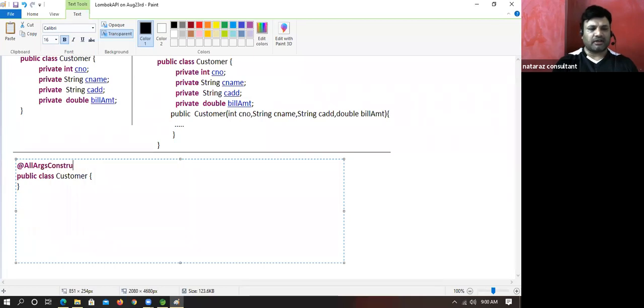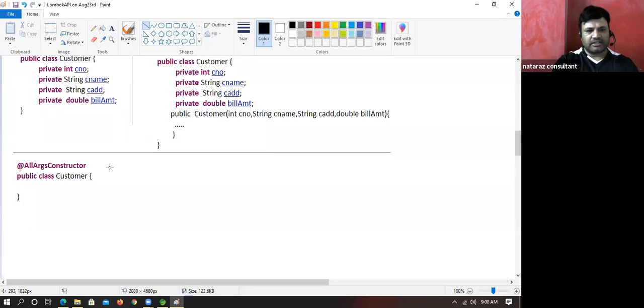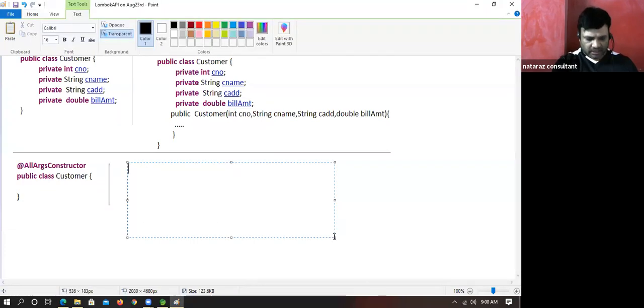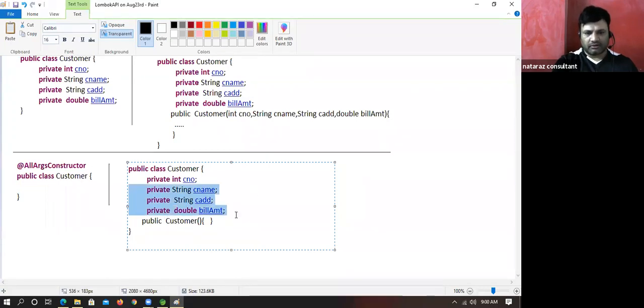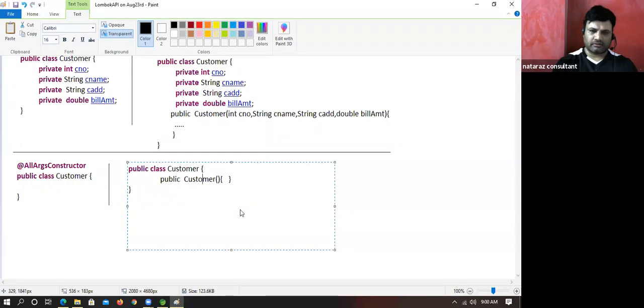All args constructor with no properties. Then what is the generated code, my dear? Generated code is also what? Zero param constructor. This is generated code. Fine.